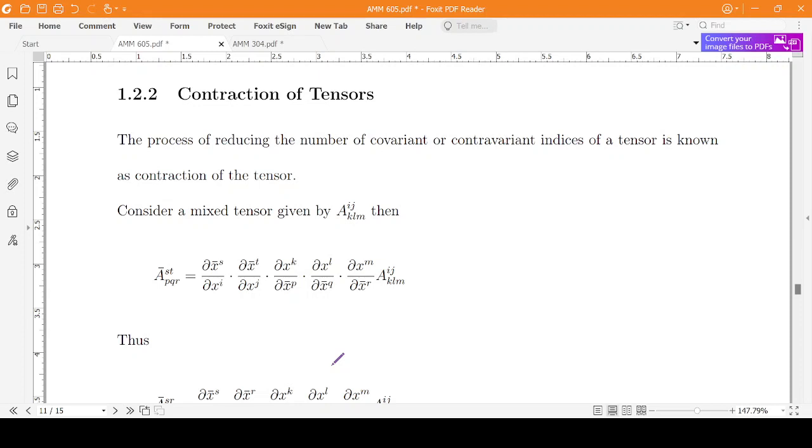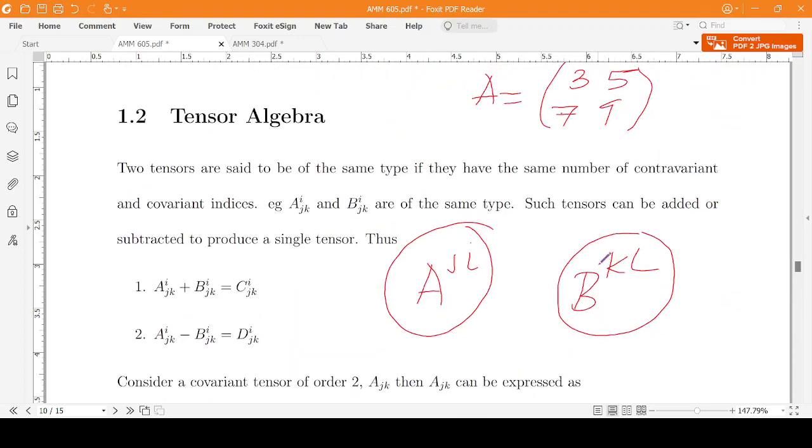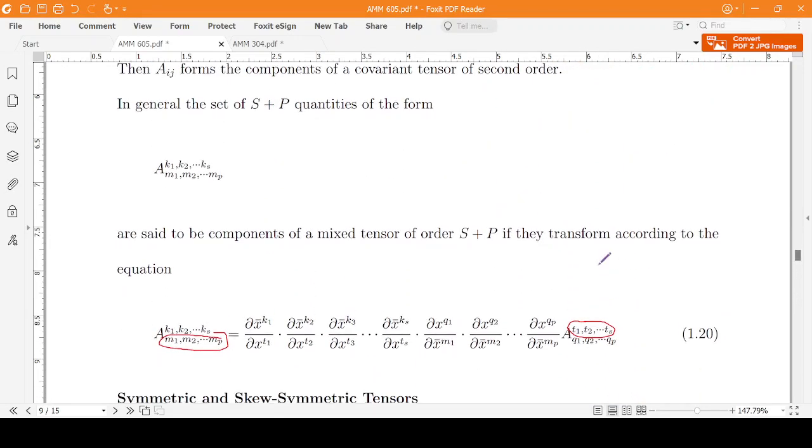Suppose we consider a mixed tensor of order 5, with Ij as the contravariant indices and KLM as the covariant indices. Now from equation 1.20 here,